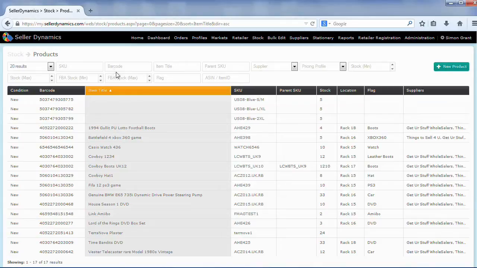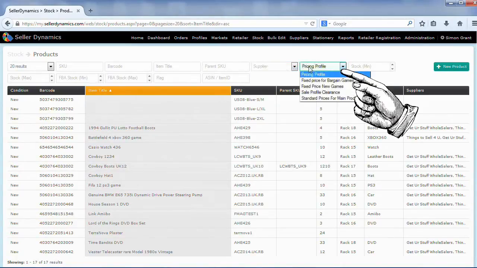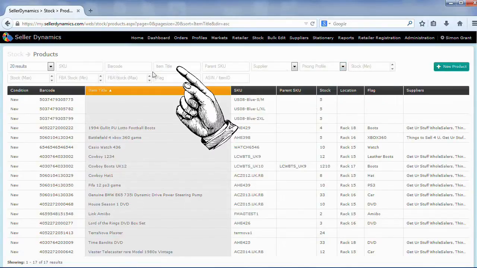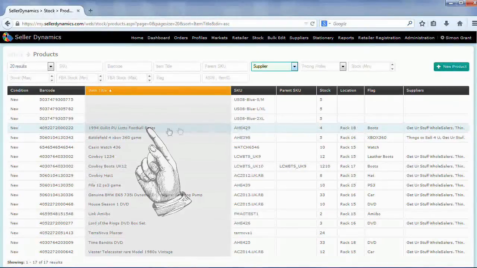multiple marketplaces. With our marketplace inventory management, we'll help maintain your higher selling ratings and make sure you never oversell. Under the products, you can search using filters, be it SKU, supplier, pricing profile, or indeed item title. By clicking on a product, you enter the General Information tab,